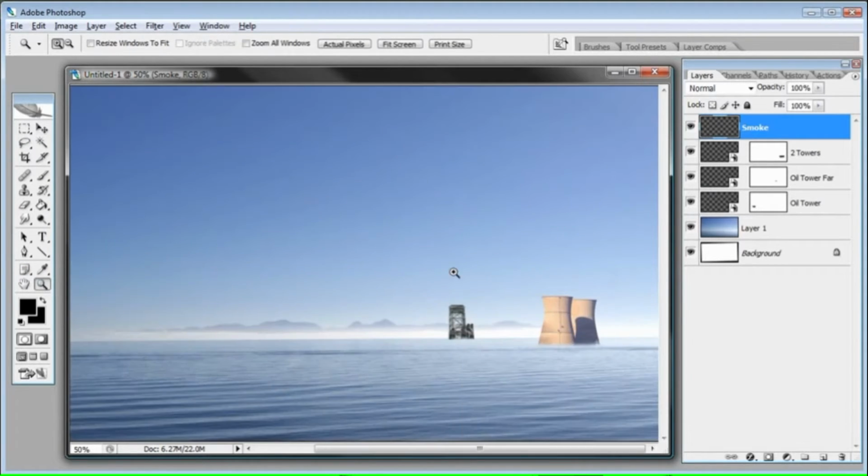get just a little bit closer here. I'll create this selection. Now, smoke usually, when it comes out, it's usually a little bit narrower, and then it sort of expands or gets a little bit wider as it goes up. So we'll keep that in mind. The first time I do this, it might be a little bit different, but I'm just going to make something